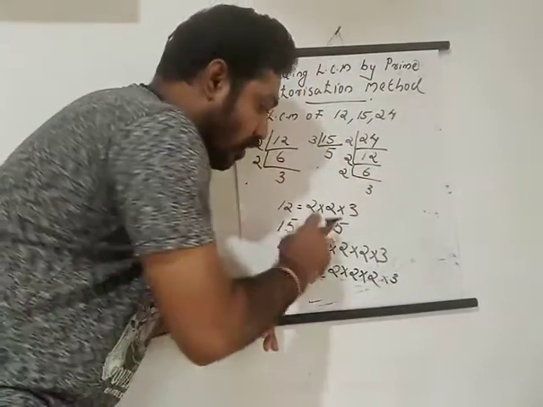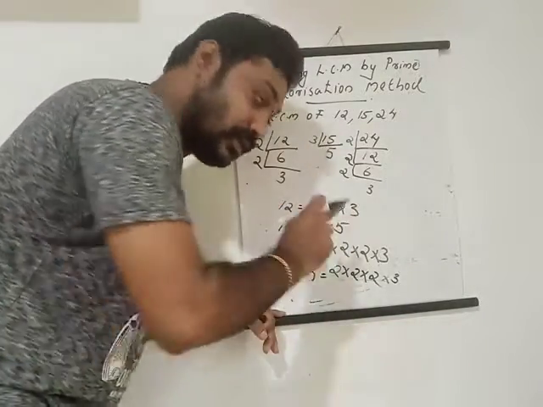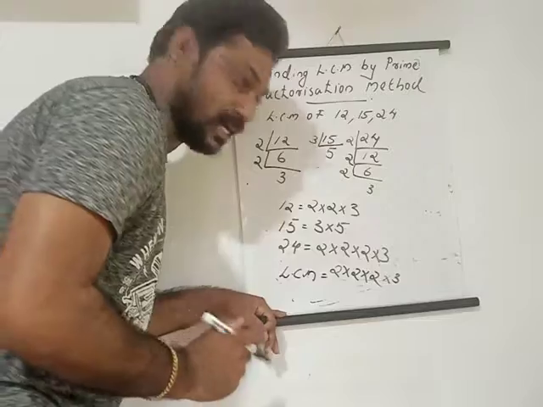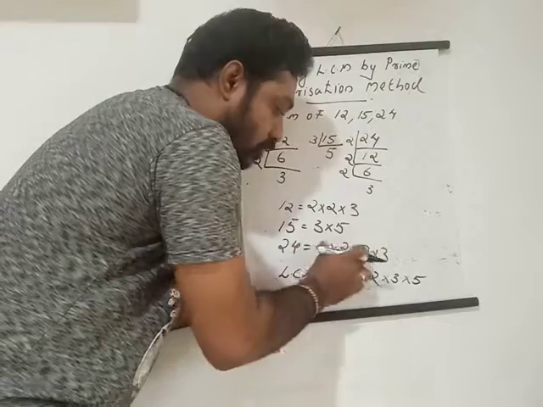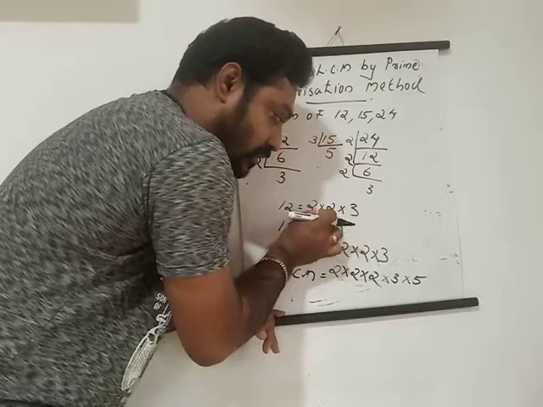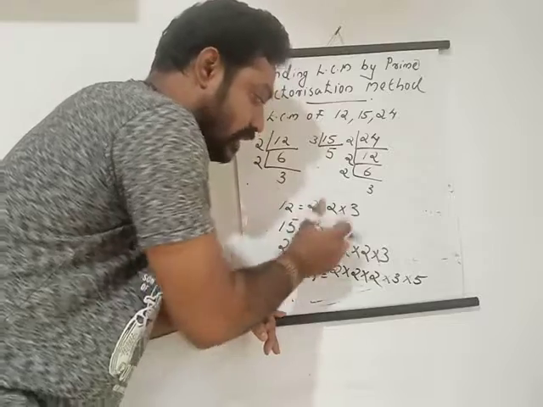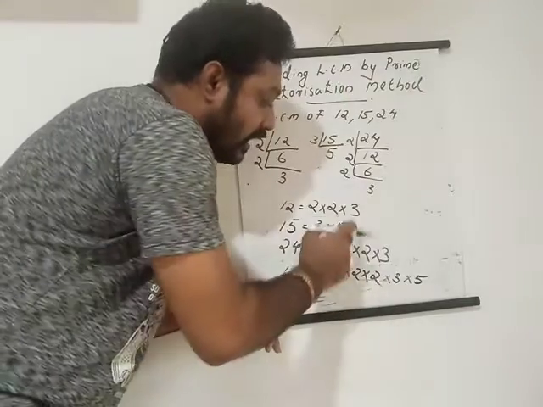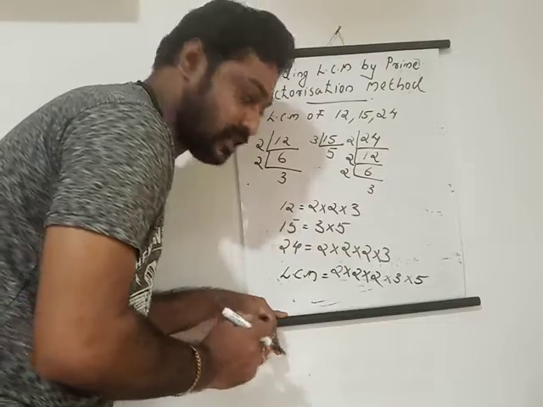Now you can see that 5 is there in only one case, but that 5 you have to take. We have to take all the numbers here. It is repeating only one time, that's why we are taking only one 5. Understand? Here 2 is repeating the most in 24, that one I took here, and I am leaving these two 2s. And the 3, I can see that in all these numbers 3 is repeating, but only one time, that's why I took only one 3. And 5 is repeating only one time, in 15. That 5 I took.